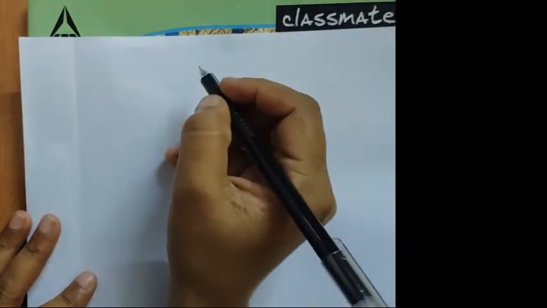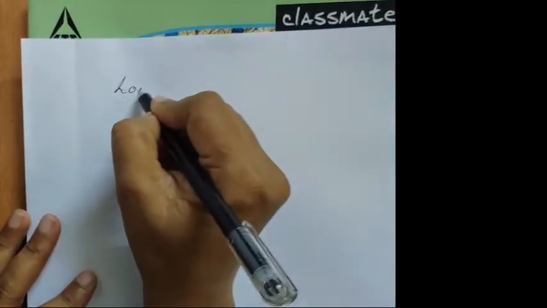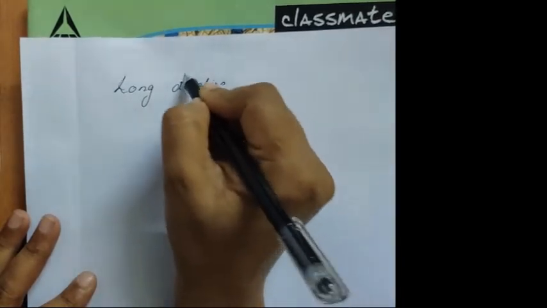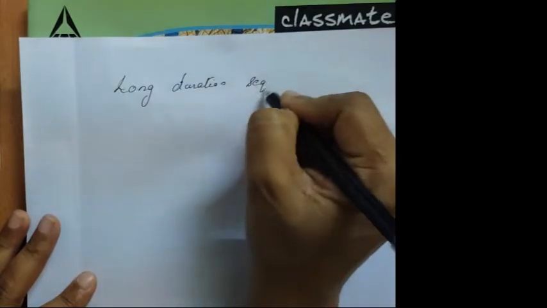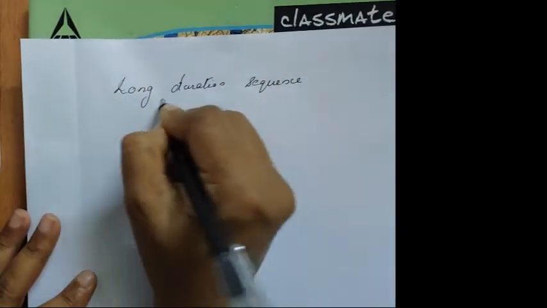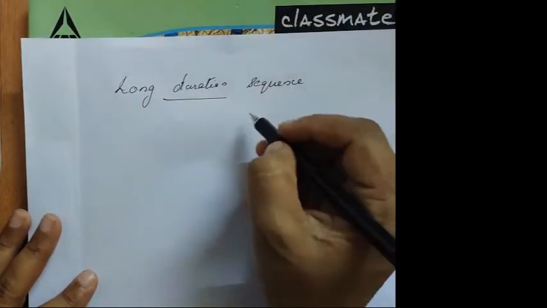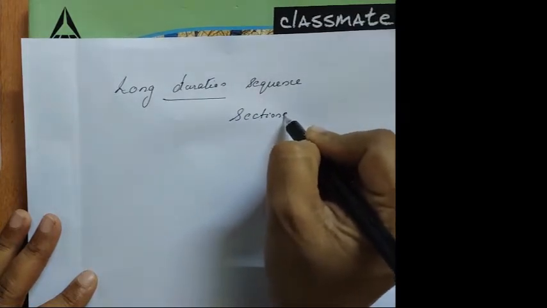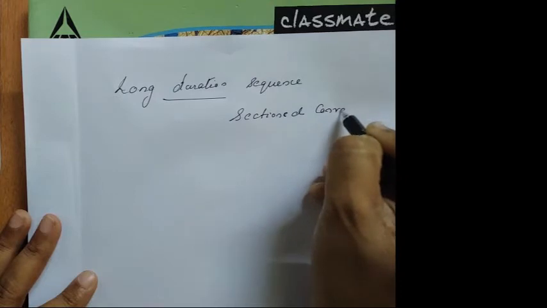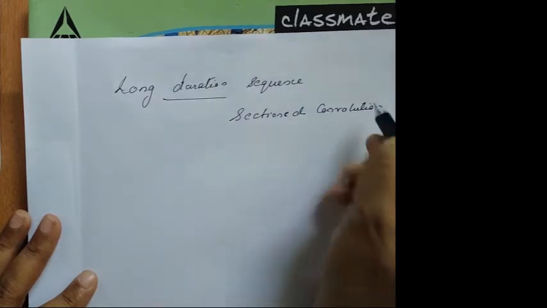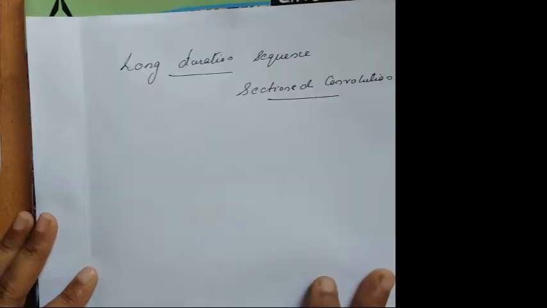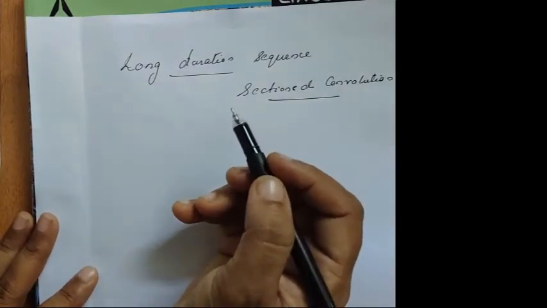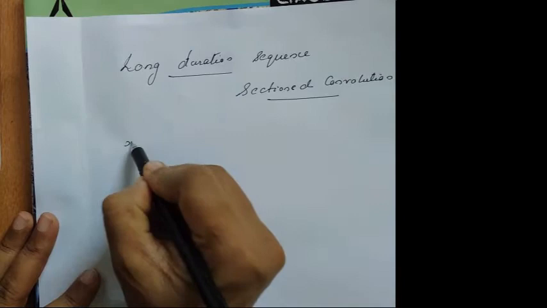In this section, we are going to study long duration sequence or section convolution. What I mean by long duration sequence is that if the data x of n is in a